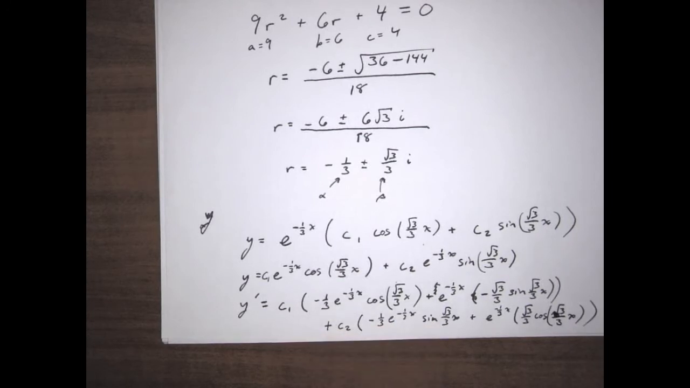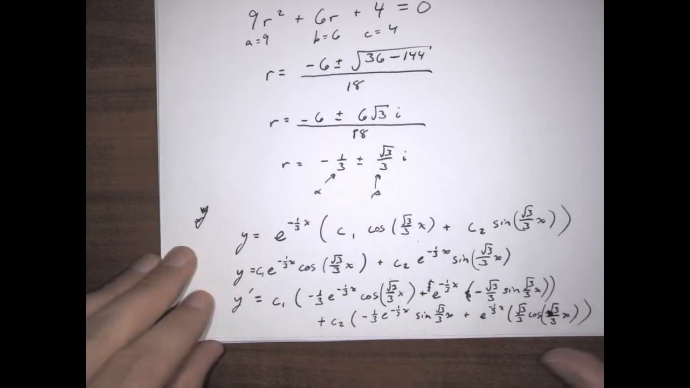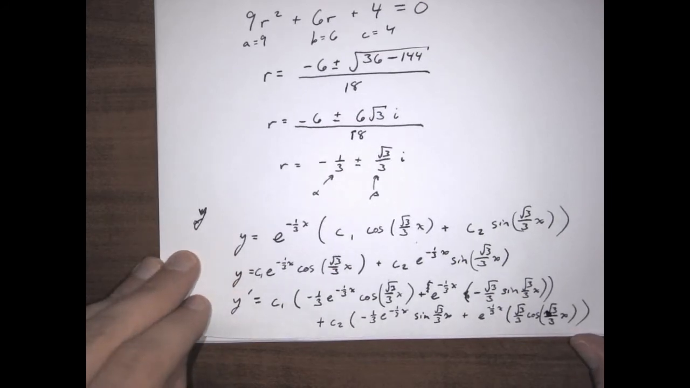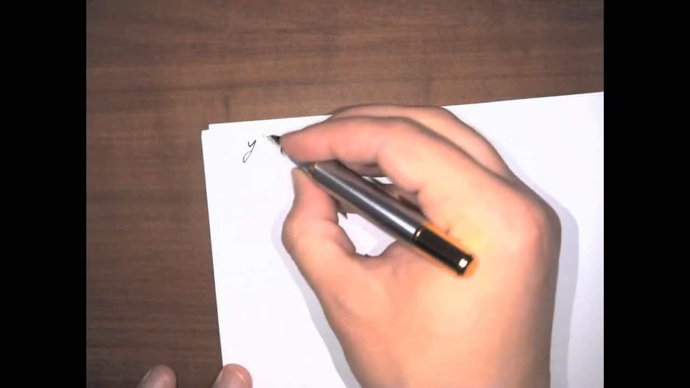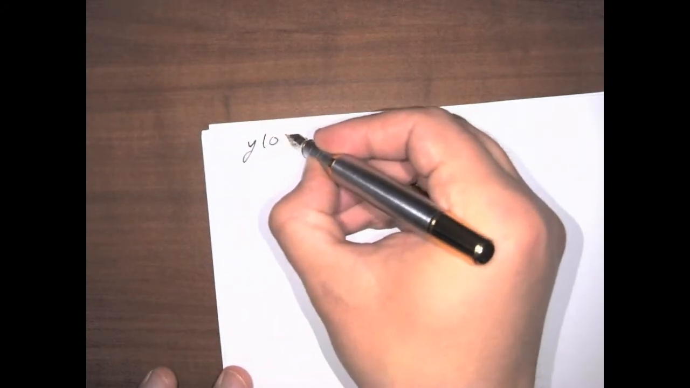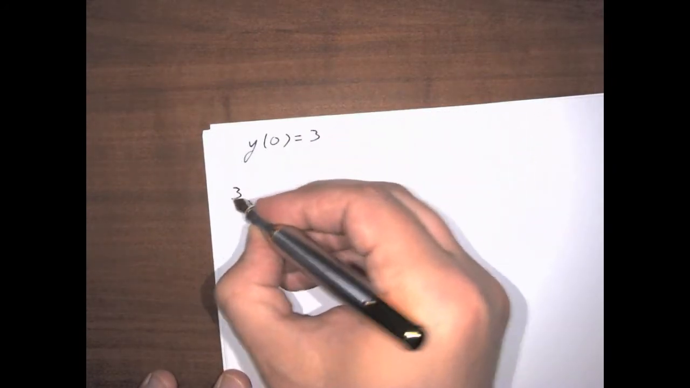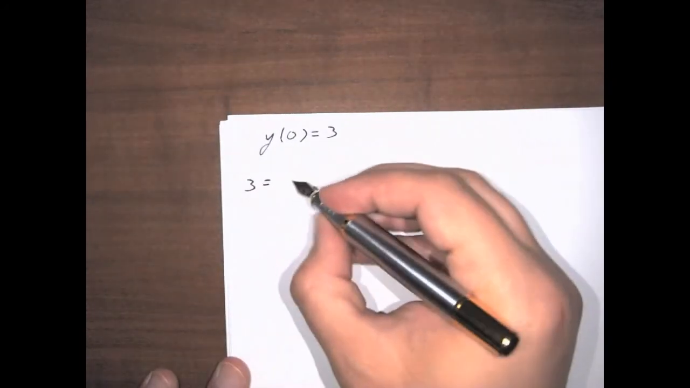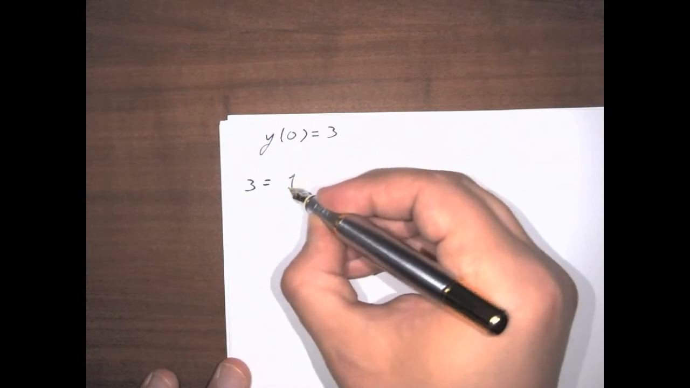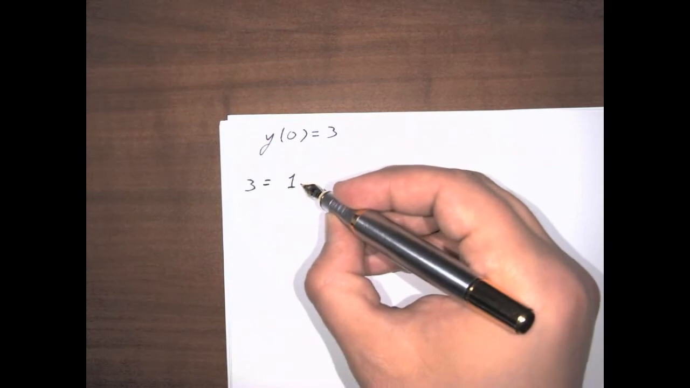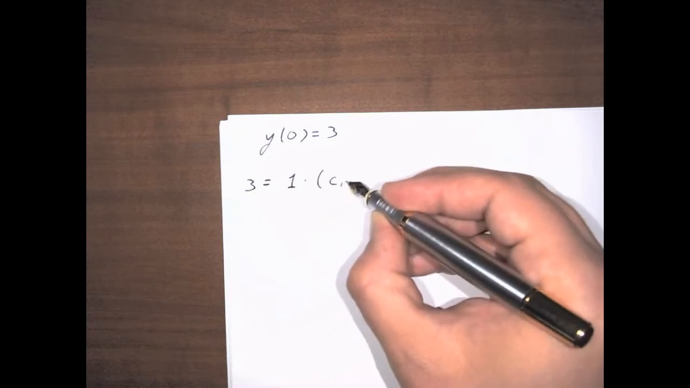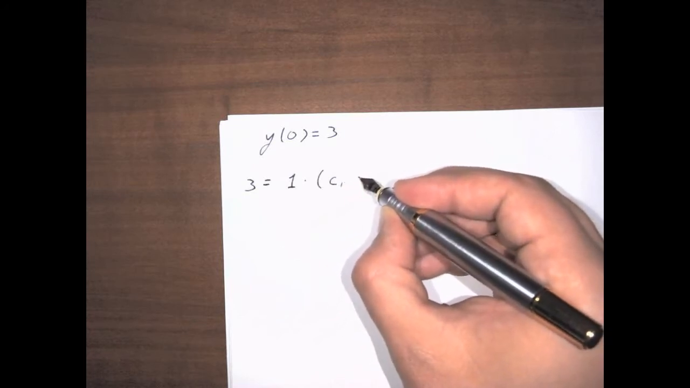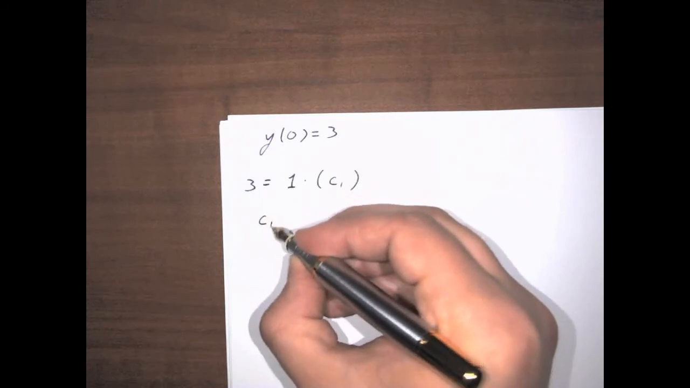Alright, so now we are going to be plugging in the two initial conditions, y of 0 equals 3 and y prime of 0 equals 4. So let's go ahead and cut to the chase. So y of 0 equals 3. That's going to imply that 3 equals, and then here, plugging in 0 for x, that's going to be a 1 for the e to the power of. And it's going to be times c1 times 1 plus c2 times 0. So that means c1 equals